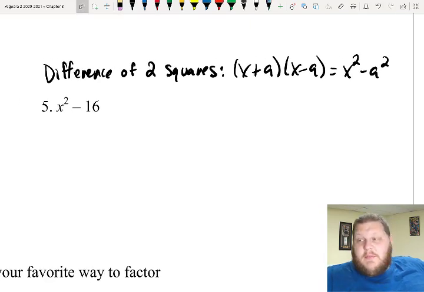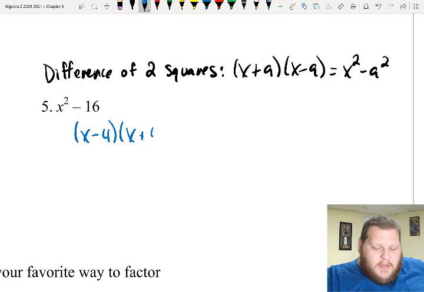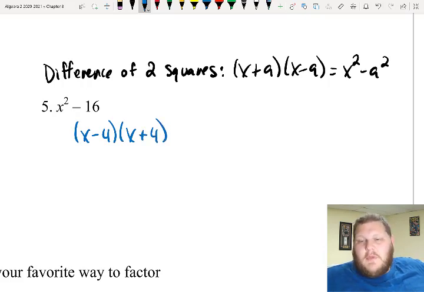So if we start with something that is a difference of 2 squares, x squared minus a squared, then working backwards, we can simply conclude that this would be x minus 4 times x plus 4, because 4 squared is